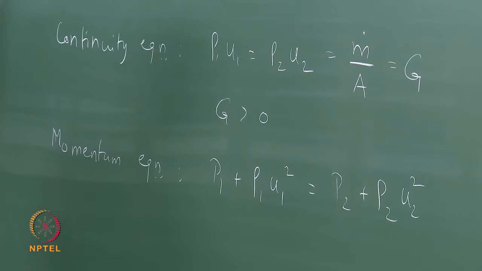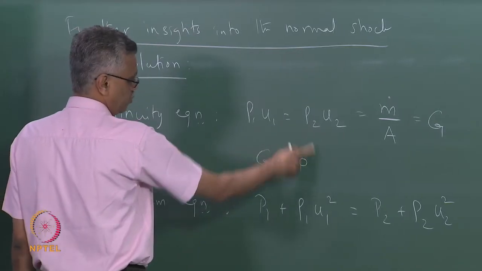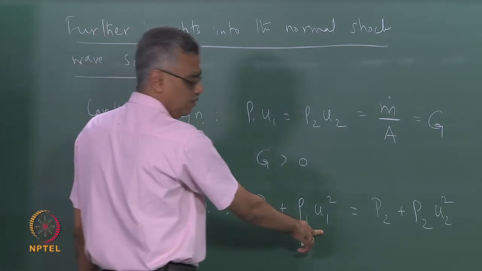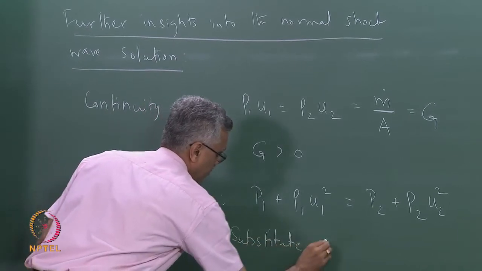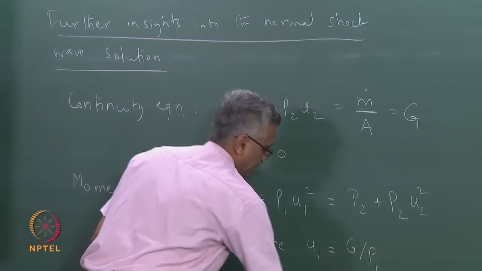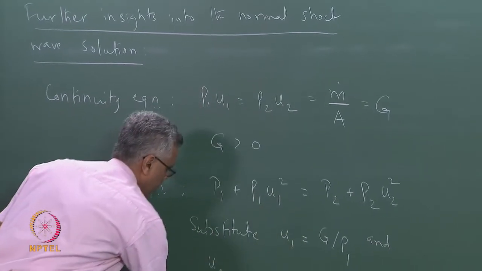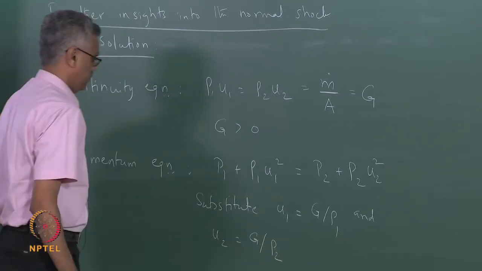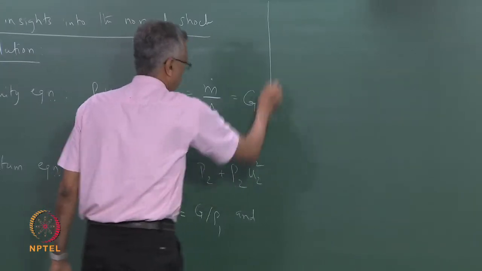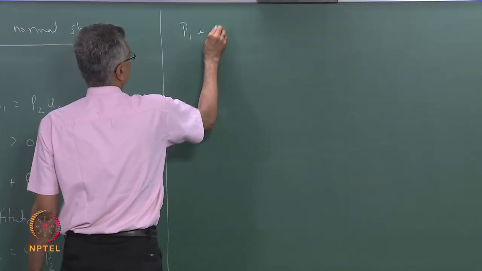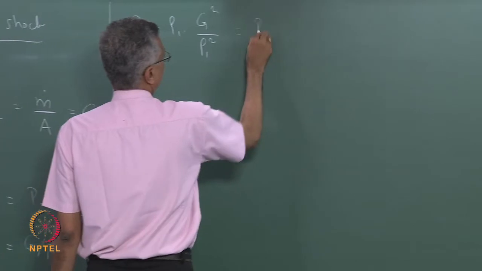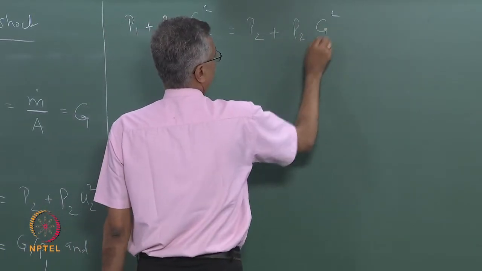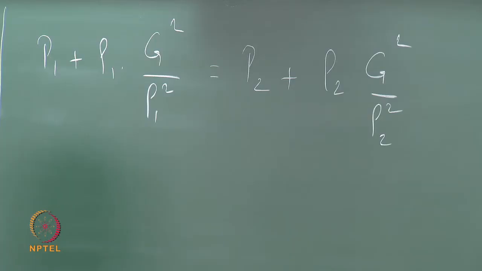And if I substitute for u1 from the continuity equation here, so basically I am going to write u1 as G divided by rho 1, and u2 equal to G divided by rho 2, then the momentum equation becomes P1 plus rho 1 times G square over rho 1 square, that is equal to P2 plus rho 2 G square over rho 2 square. And if I simplify,